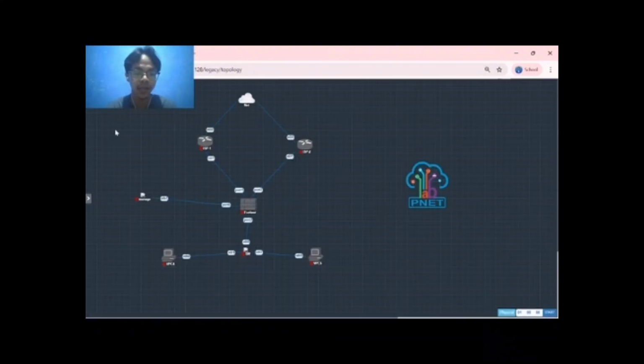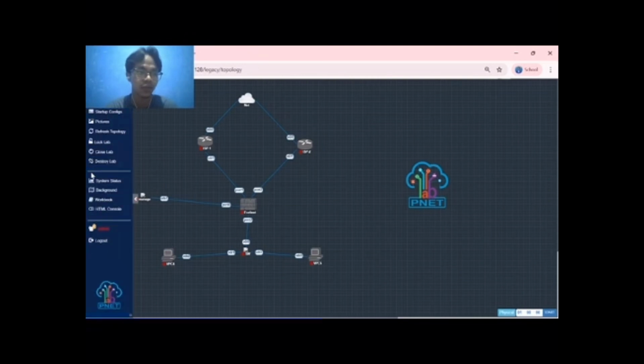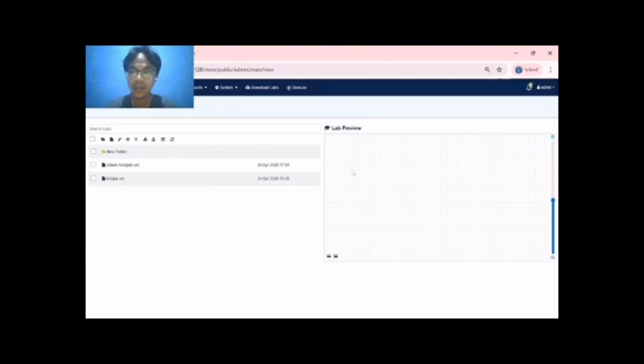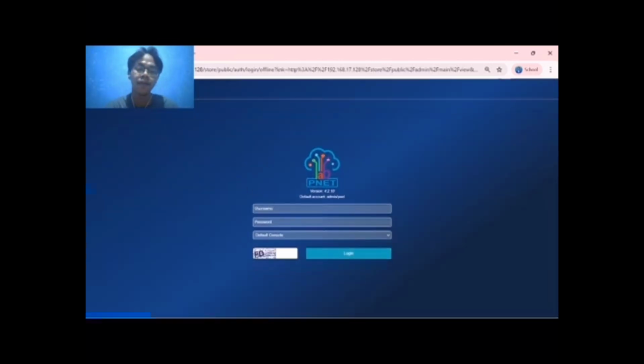Because maybe this is too fast, let's go back to the first. The first user interface, if you log in for the first time using this IP address, the username is admin and the password is pinet.